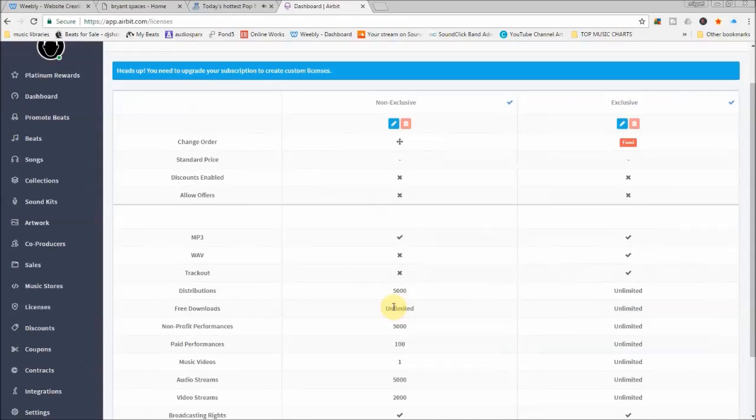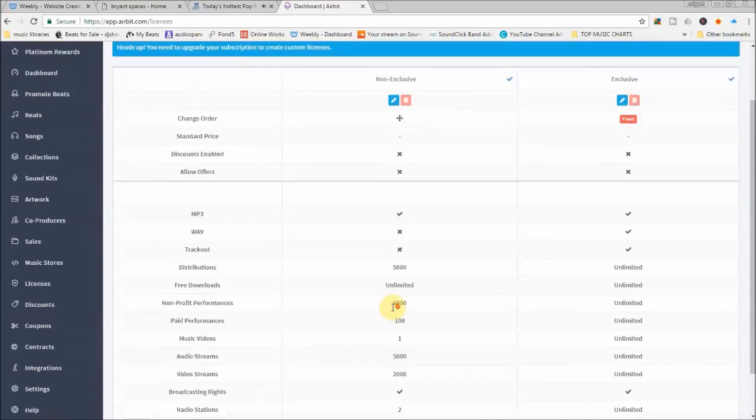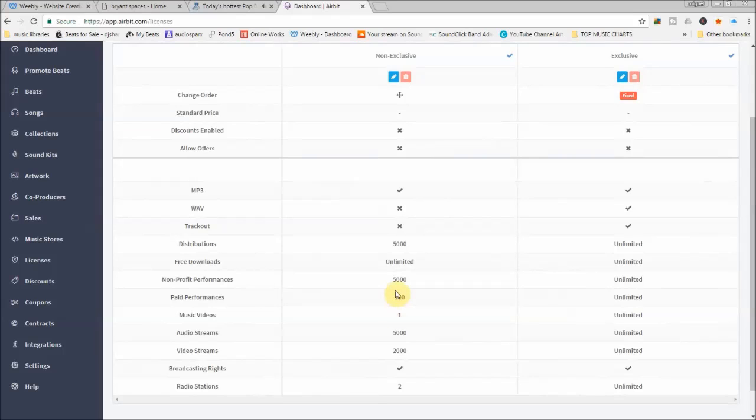So how did I get that on my website? Well, what I did was I did a screenshot of it. So right on your keyboard, right next to the scroll lock button, you'll see a print screen button. So all you have to do is hit it while you're on this page. Then